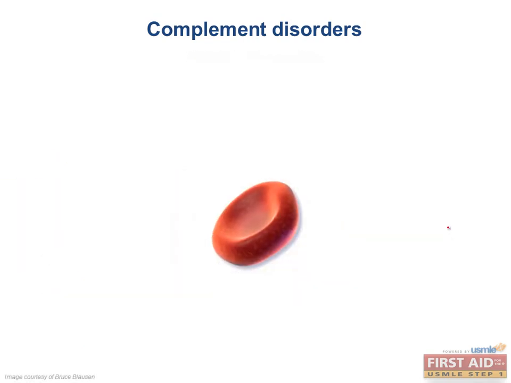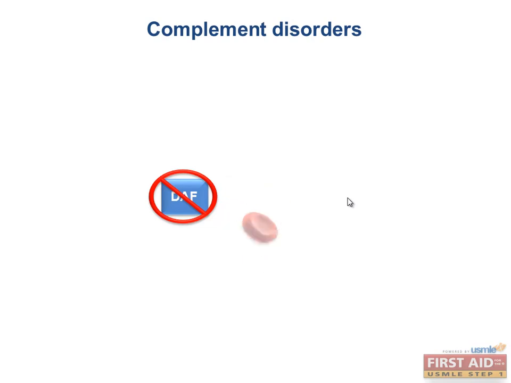All right. And finally, here we have a red blood cell here. There is something that normally breaks down complement. Otherwise, you would have it going on all the time, just like with that C1 esterase, right? So this is called the decay accelerating factor. It's on the surface of almost every type of cell. It prevents complement from attacking your own cells. So some people are lacking this decay accelerating factor, and thus complement can attack your own cells,